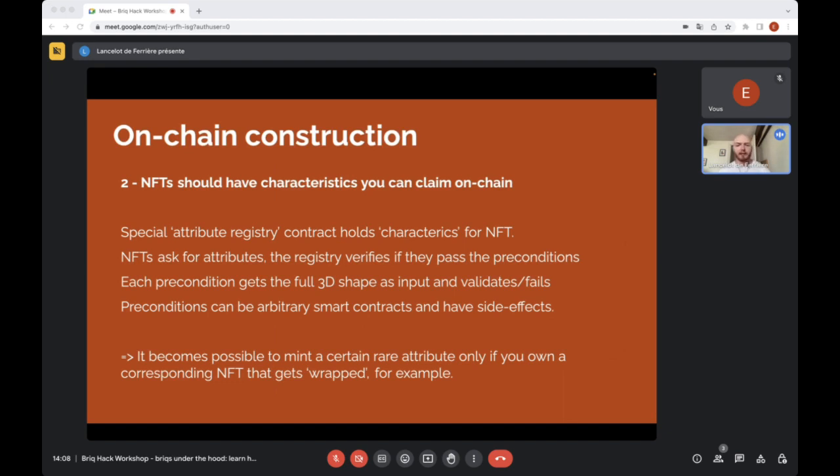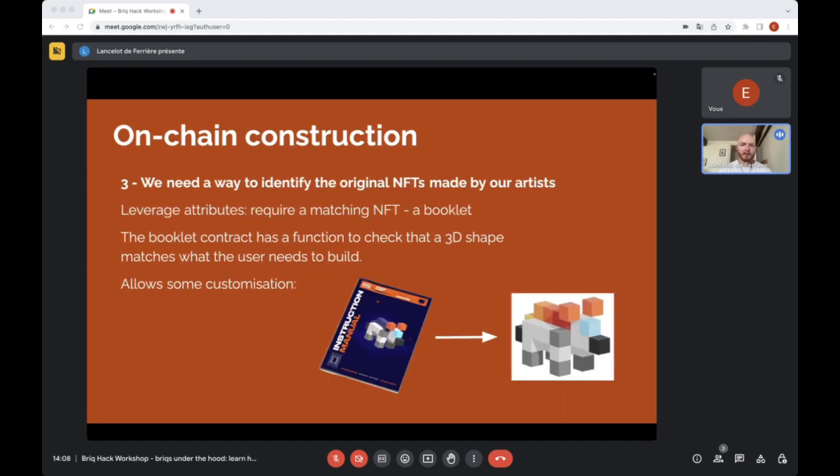So I'll get back into this in more detail in the next slides, but the basic idea is that it's possible to mint certain rare attributes only if you fit the criteria of that rare attribute. And so this allows us to do fancy things fully on-chain. And one of the things that this allows us to do is to identify the original NFTs made by our artists. So basically what we had in the StartNet Planet collection and also in the Dogs Everywhere collection were these